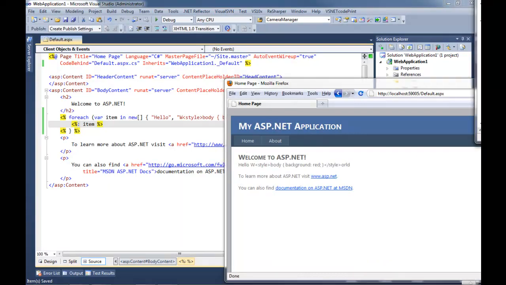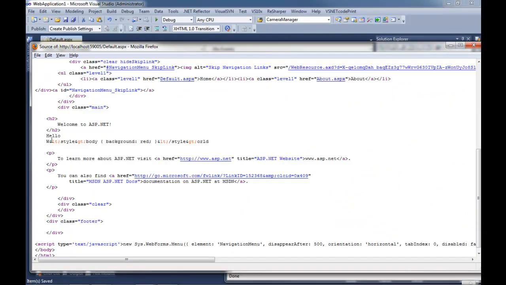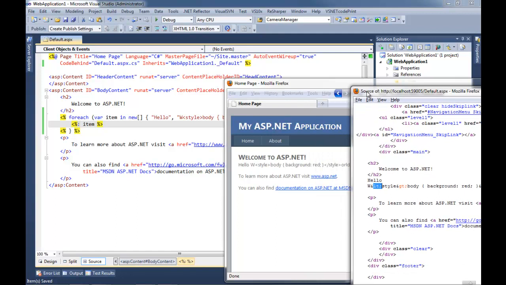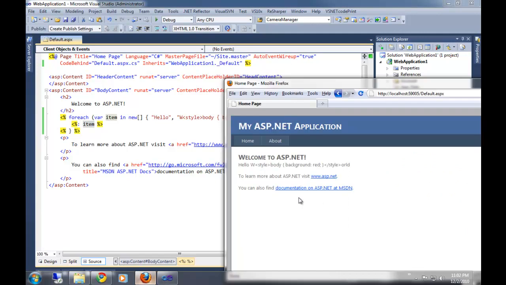Coming at you. Okay, so now we see that instead of the greater than signs, it's actually replacing with these that are called HTML entities. And these are ways to write HTML characters that you wouldn't normally be able to write, due to the fact that the less than symbol is actually a piece of HTML code. Right. And that's what this does. This encodes everything that you print with that so that you can't have any security breaches in that way.